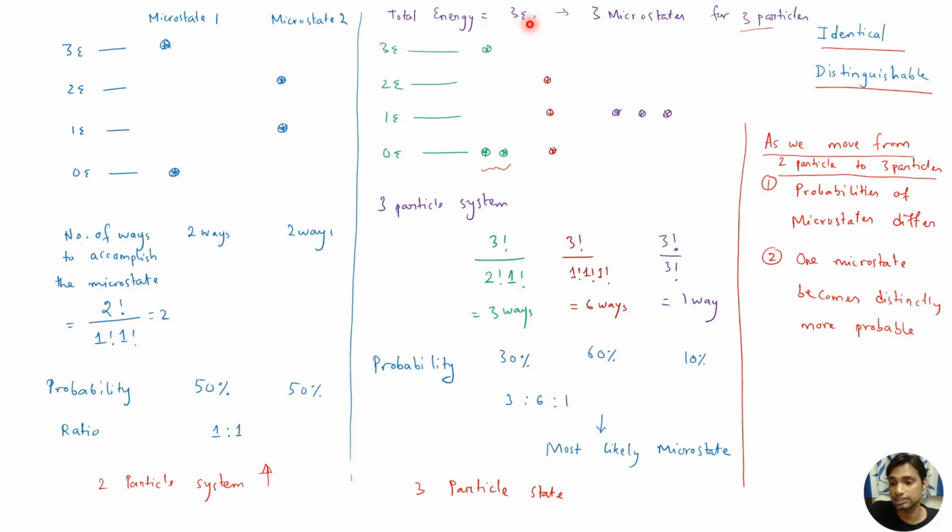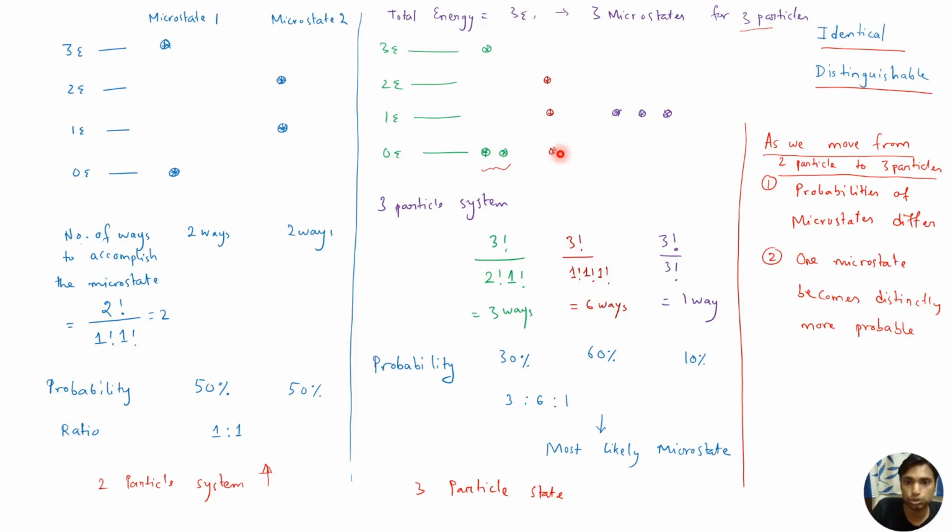We're fixing the energy. So this is the energy of the system, and we want to count how many ways this macrostate can be obtained. You got the point, right? So these are the 3 microstates in which that can happen, and each of these microstates can happen in many ways.